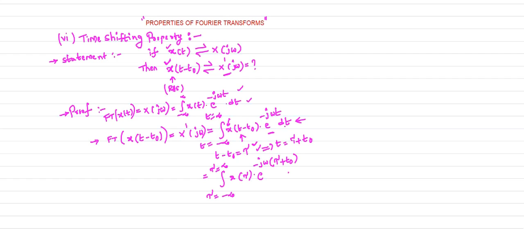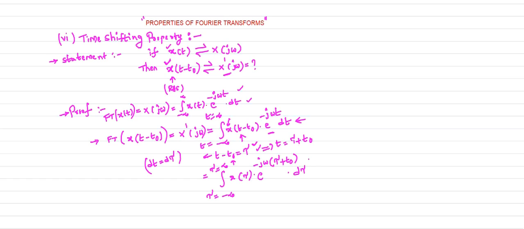Now what is the small change dt? From this equation, the small change in dt is the small change in tau. Here t naught is the shifting operator, which is a constant value, so the derivative of the constant is 0. So a small change in t results in a small change in tau. Here dt is replaced by d tau.